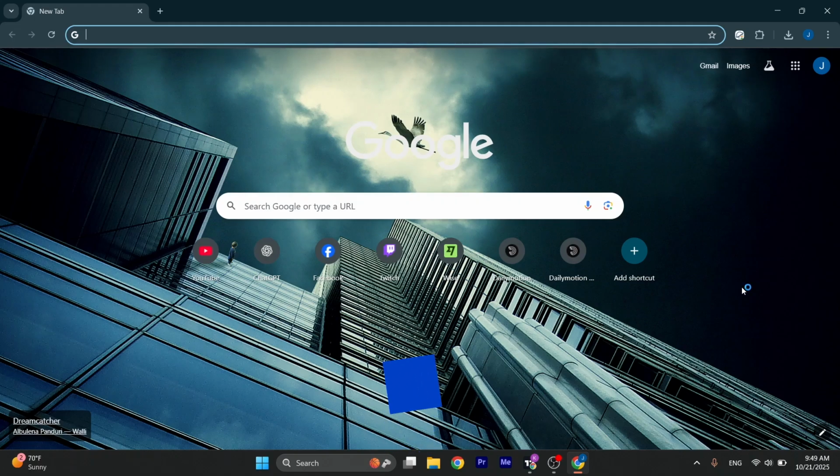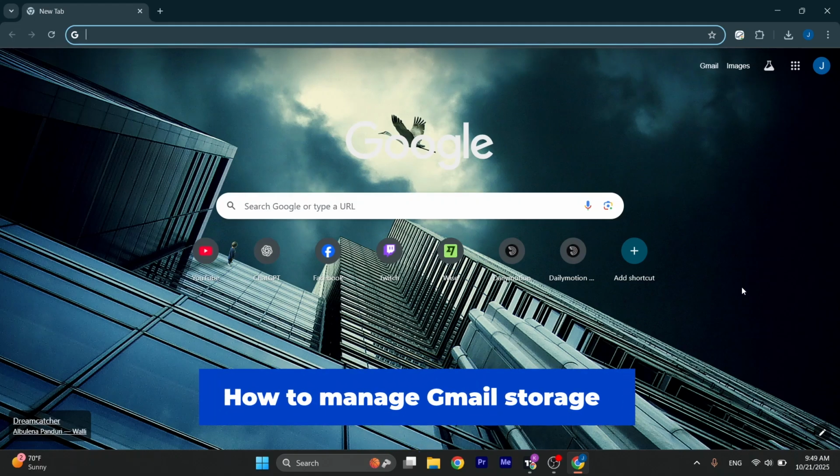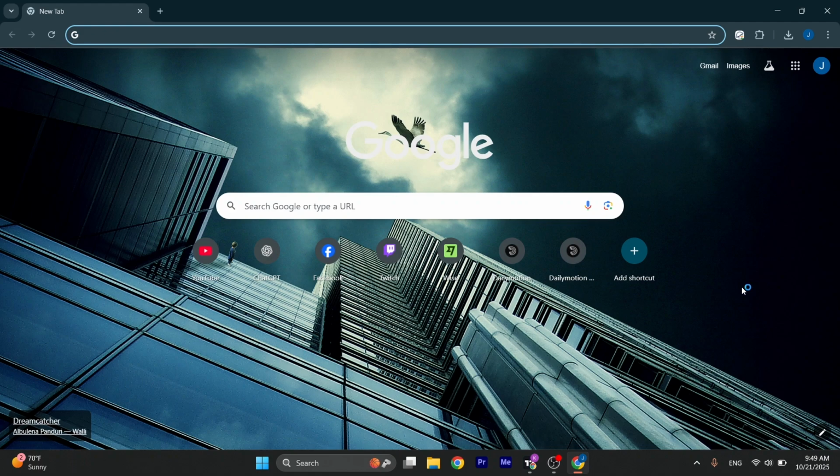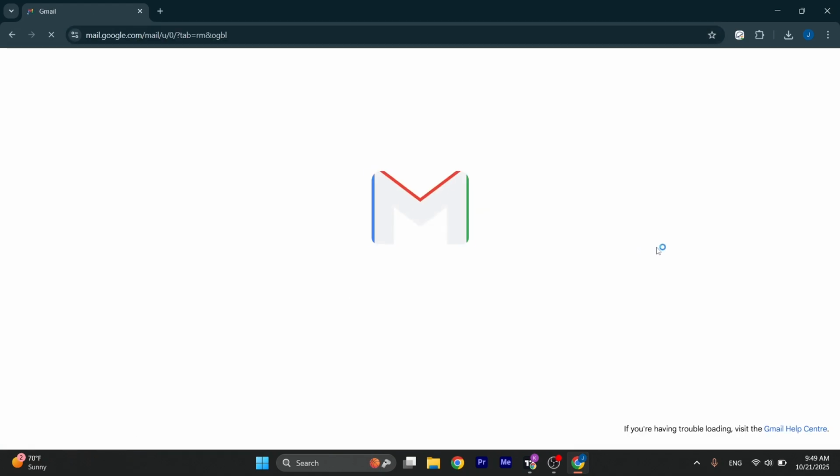How to manage Gmail storage. Your Google account gives you 15 GB of free space, but that is shared across Gmail, Google Drive, and Google Photos as well. Now, there are a few things that you can do, which is you need to clean up some storage. As your Google account occupies space between these three applications, you can first of all head over to your Gmail,